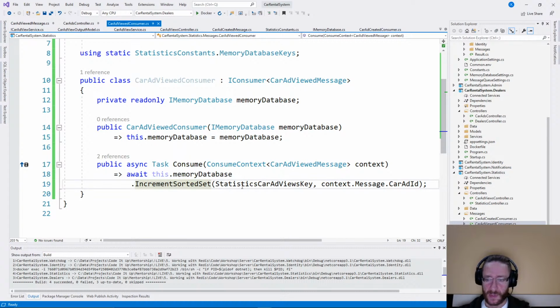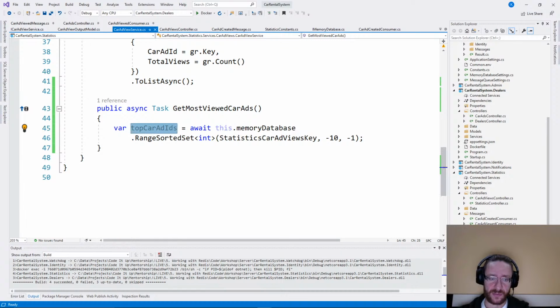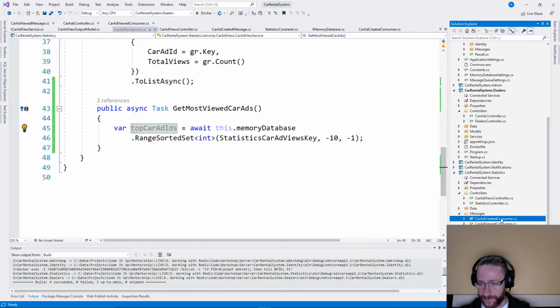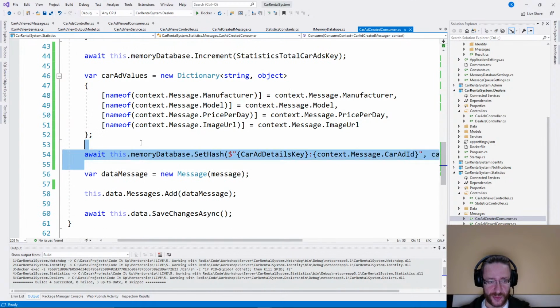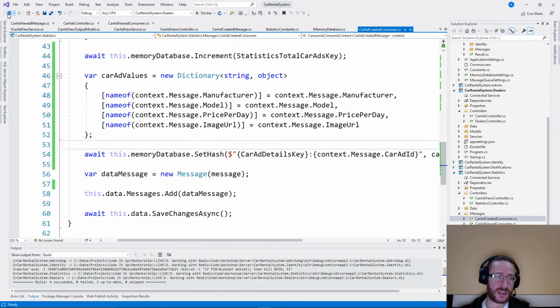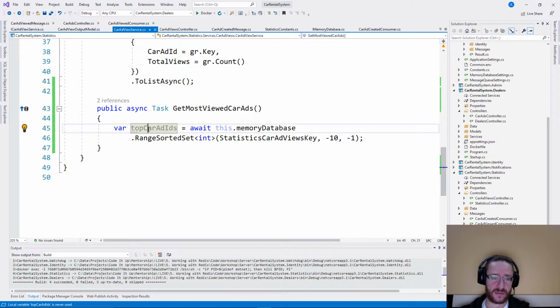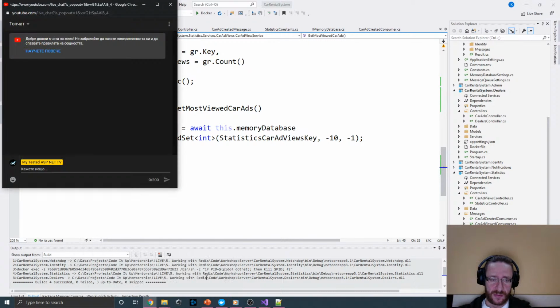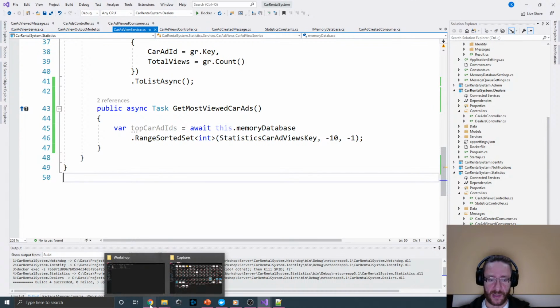So right now what we need to do next is extract, for each carat ID, get from the Redis database the object we stored. This object we stored here, we need to extract it from the Redis database and use it here. This is the idea. For each ID we need to get that. Good, good. I believe that's it